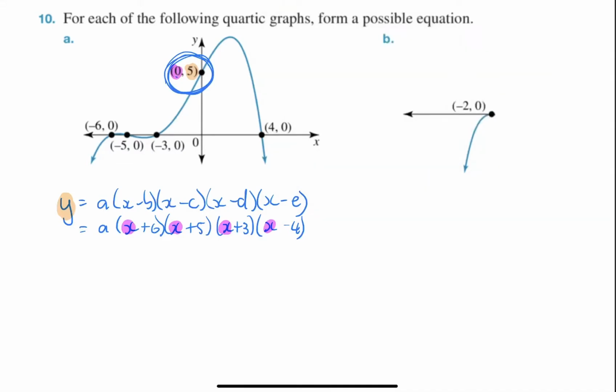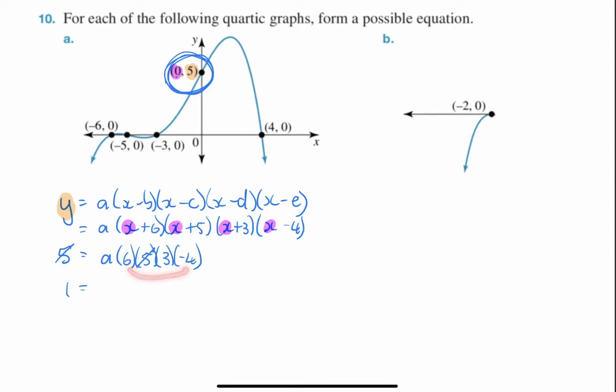So all I have to do is say y is 5, a, x is 0, so it's 0 + 6, 0 + 5, 0 + 3, and 0 - 4. Okay, to make it easier, I'm going to divide both sides by 5. So divide by 5 on both sides, I'm going to get 1 equals